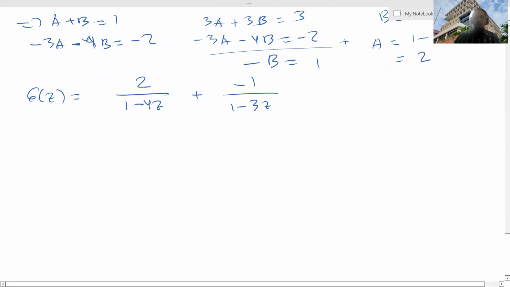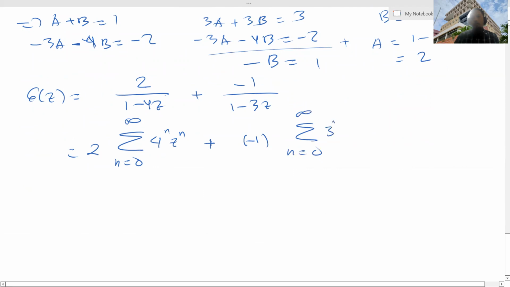This allows us 2 times the sum of n from 0 to infinity of 4 to the power of n z to the power of n, plus minus 1 times the sum of n from 0 to infinity of 3 to the power of n z to the power of n. Remember this part, right? So if we combine them together, this is actually the summation of 2 times 4 to the power of n,